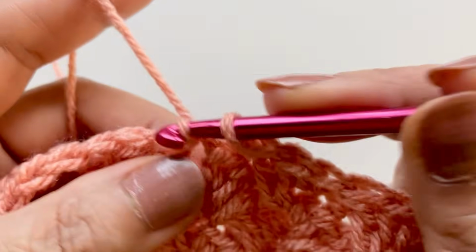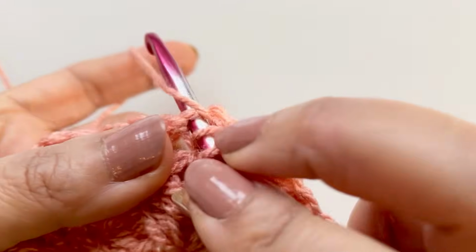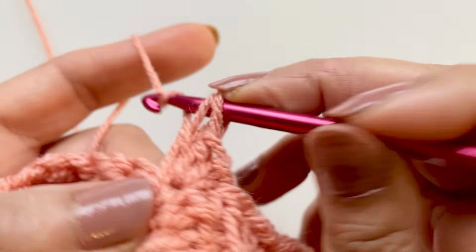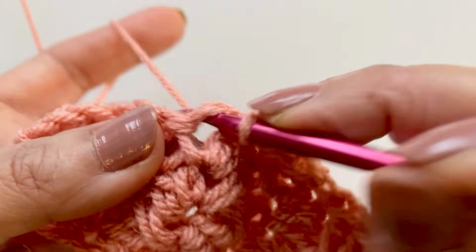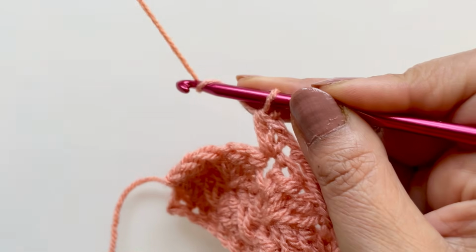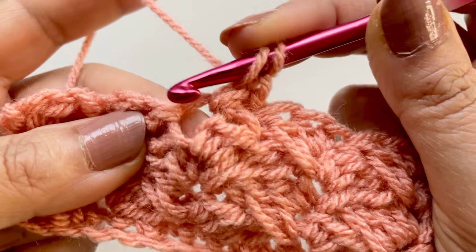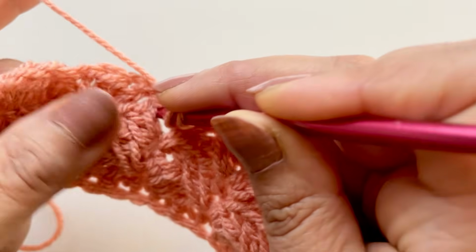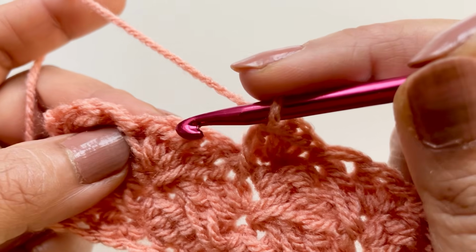Miss 2, single crochet, half double crochet, and your double crochet there. Miss 2, single crochet, half double crochet, go into, not that one, it's the one right underneath it where you've worked the other cluster. That's the best way to remember it. And do a double. Miss 2,